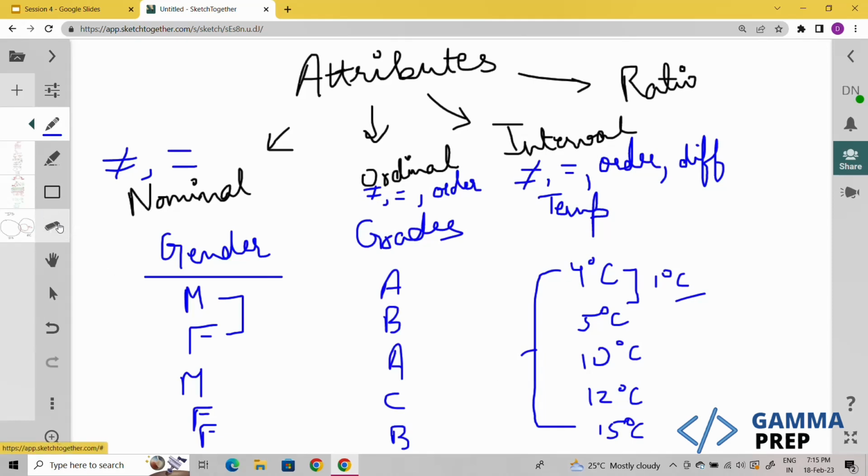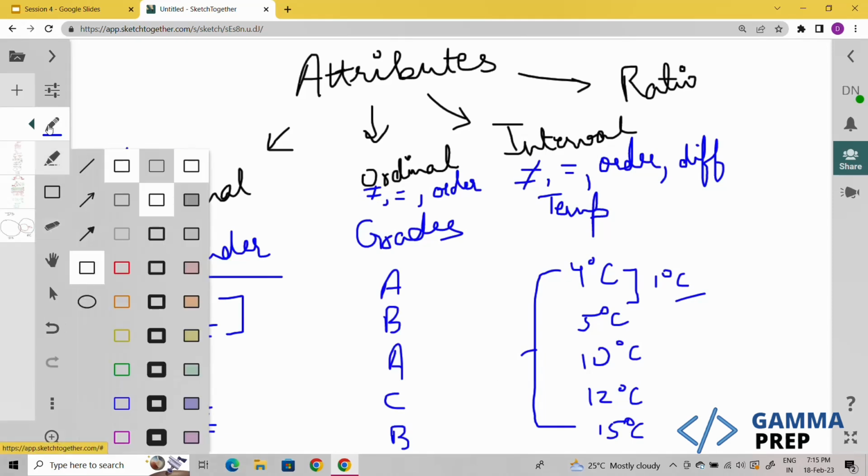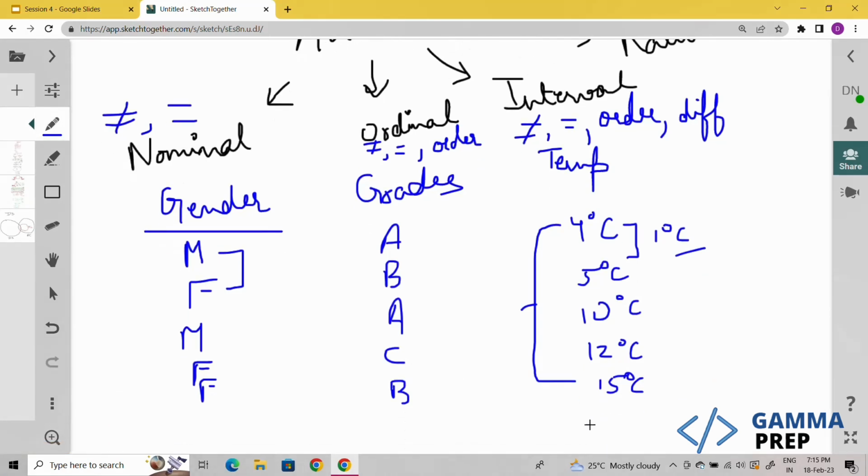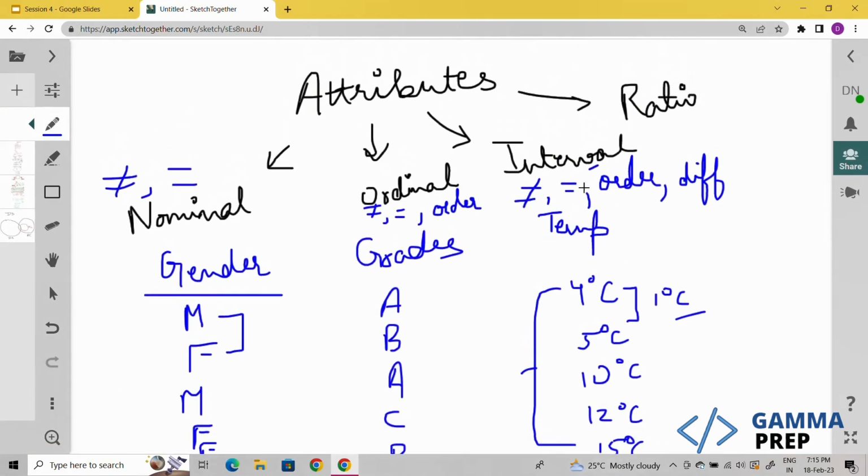It has logical significance. Now the temperature in interval could be minus 6 degrees Celsius also, right? So in interval, the temperatures or the attribute values can go below 0. Whereas in ratio, everything remains the same. That is, you can figure out whether the two attribute values are equal or not. You can order them as well.